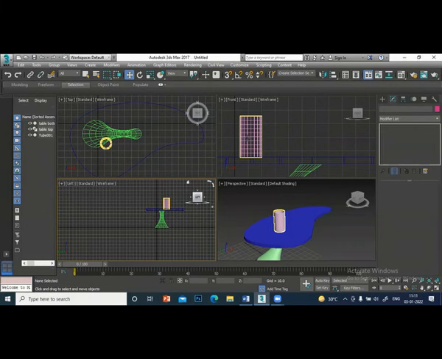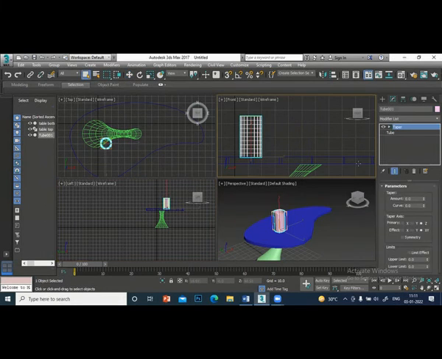If you are lost here, you select the object, modify. Okay. So you applied the taper, 0.35. Curve minus 1.5. So from a tube, I made a glass.